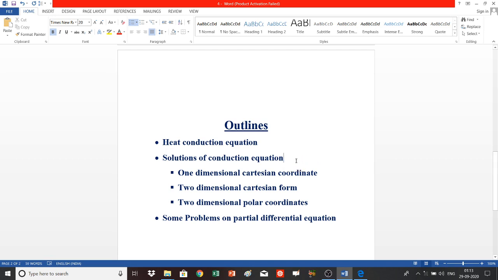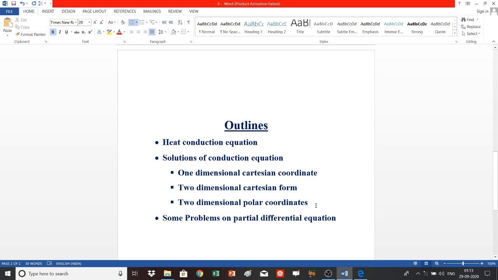We will cover the one-dimensional Cartesian coordinate, then the two-dimensional Cartesian coordinate, and after that the two-dimensional polar coordinates. At the end, the final topic of this lecture will be some problems on different partial differential equations. But before beginning, I will suggest that I have carried out the solution of the heat conduction equation in one-dimensional and two-dimensional Cartesian coordinates, and then the two-dimensional polar coordinates, and the rest